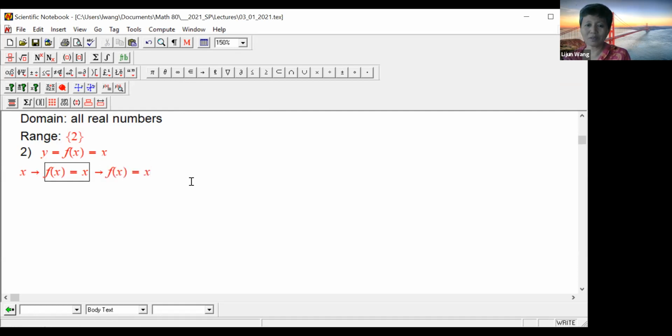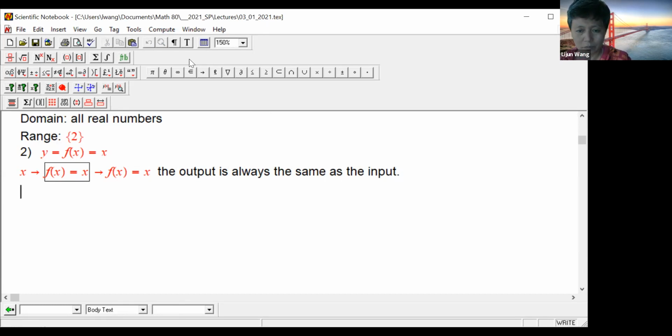The output is always the same as the input, no matter what input you give me. That's what it means. You guys get it? Yes? So from the input-output perspective,